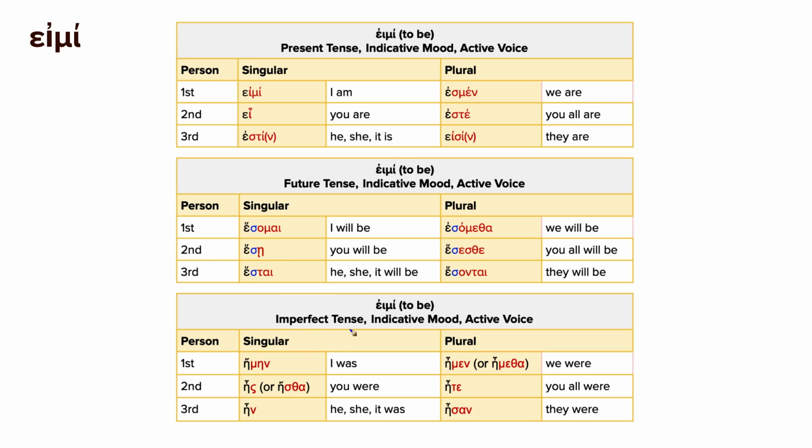All right, and then we have the imperfect of eimi, which again, there's no aorist of eimi, thank goodness. We have emen, eis, and sometimes you'll have estha, en, emen, or emetha, ete, esan. All right, so you'll see those more and more. Again, please don't stress out. There's just so many times we'll be seeing these in the future, so don't think you need to know them right away.